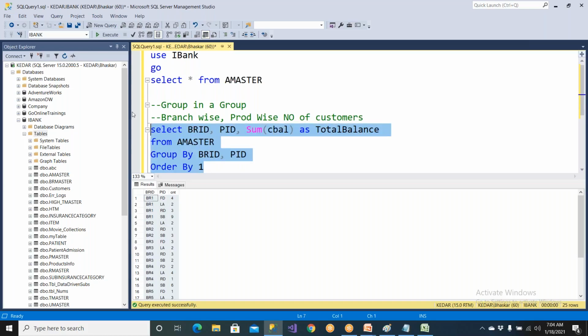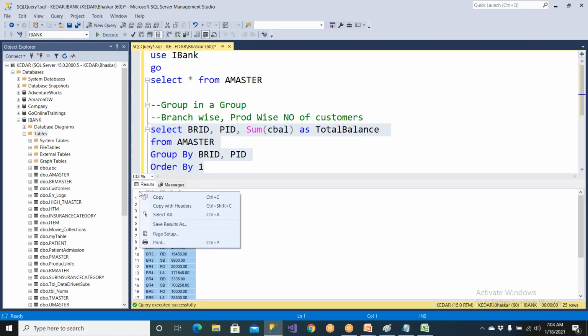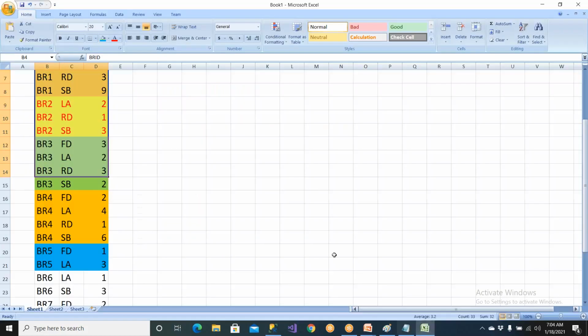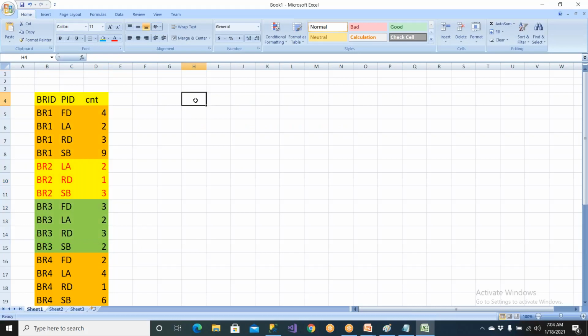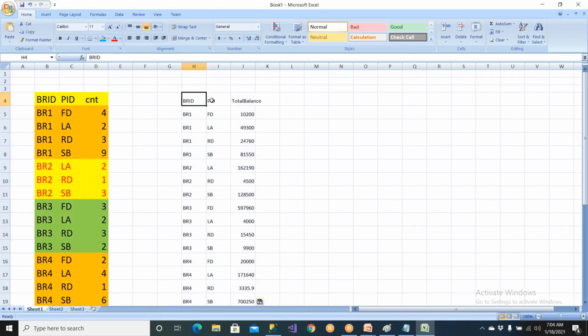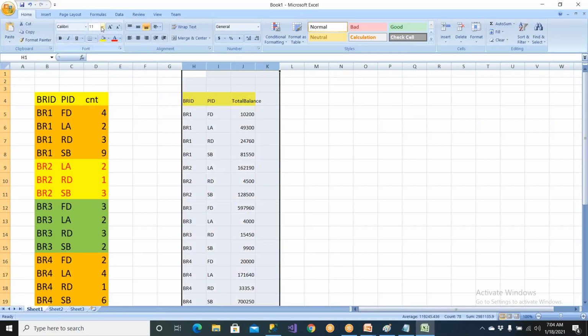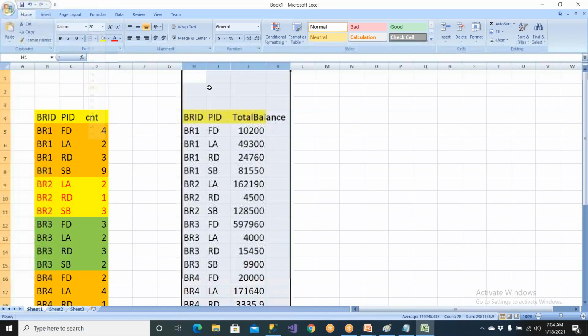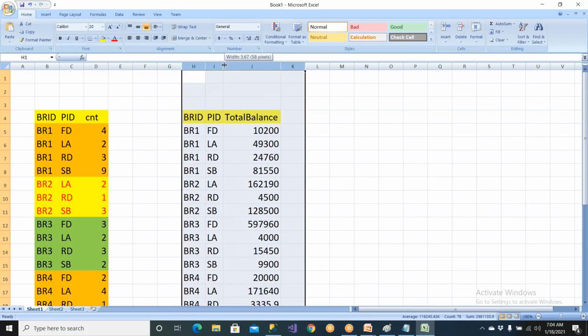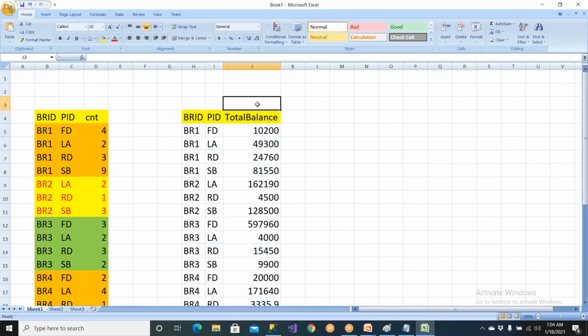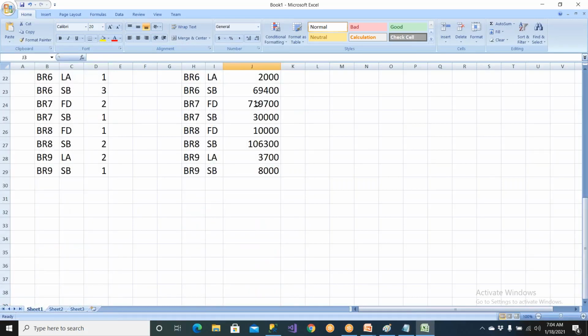So let me execute it. Instead of a constant, I want to know which product has good revenue, in terms of monthly collections or average collections, whatever you want to have. So this is the one I want. Let me create this and let me increase the font to 20. Clear? So you should be able to create a report like this and submit these reports to the